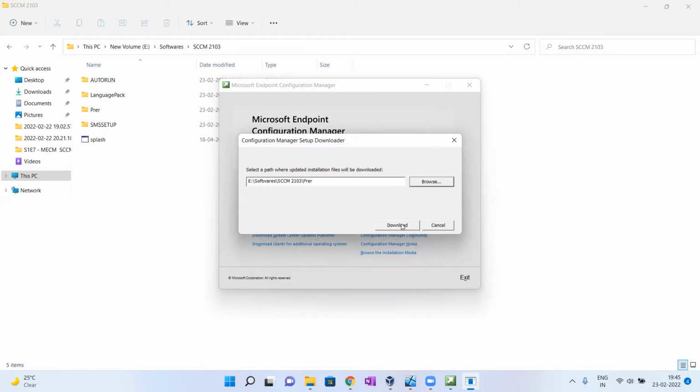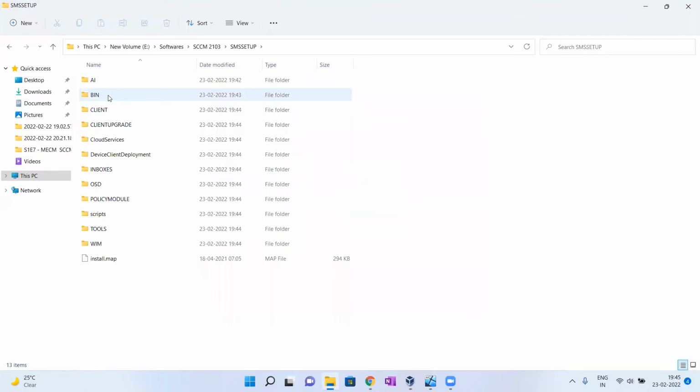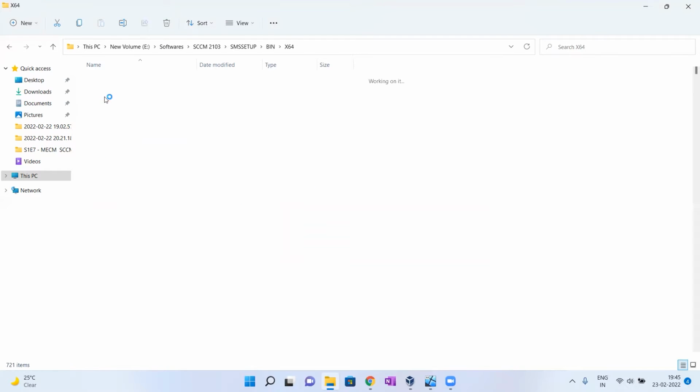This is one method you can use to download. One more method I will tell you. Let me cancel this one. If you directly click on download, it will download. There is another method as well. Clicking on cancel. Now go to the SCM setup folder, bin, 64-bit.